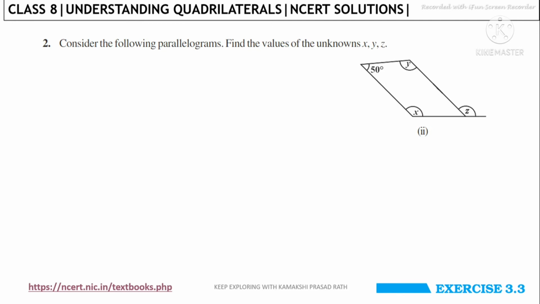The same question here again. We have one internal angle. We have to find x and y. So we know that x will be equal to y, but we don't know either of them. So the other one is 50, and we have to find that first. This angle has to be 50, as they are opposite to each other. So let us name this angle as angle A. So here we can say A equals 50 degrees. Why will A be 50? Because of opposite angles of a parallelogram. So A equals 50.